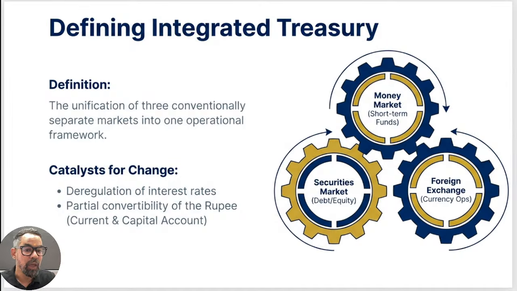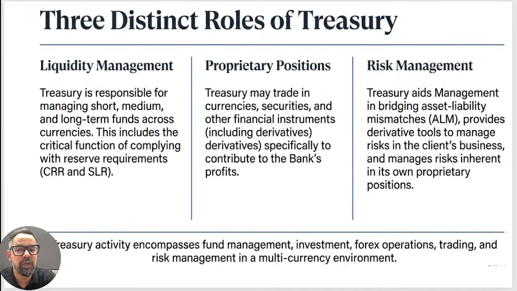function of treasury itself. So treasury, nowadays we generally use one line which is called integrated treasury. It is integration of all these particular markets. Basically, we deploy funds from one market to another, and if we are having surplus, we will be using that surplus in some other market, so that we can generate some sort of additional profit for the bank. If we are having some sort of ALM gap and others, we can raise money from the money market and we can fix that particular one. That is another area, right? So integrated treasury is another thing which generally comes under this one.